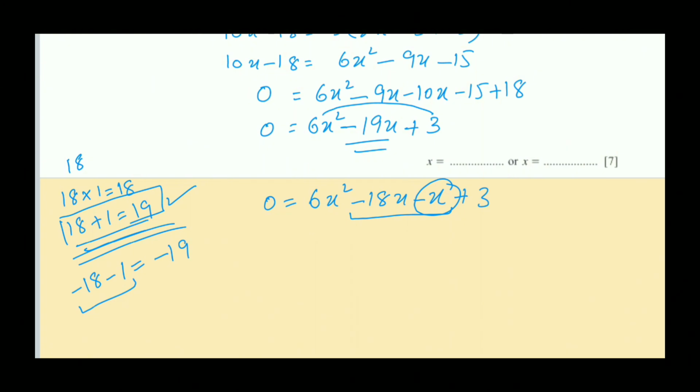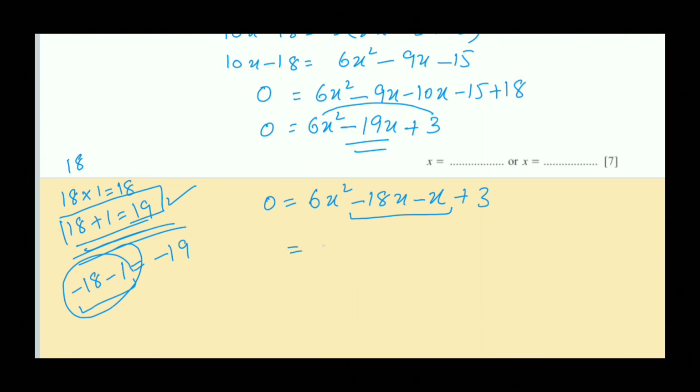We will not write 1 with x. So x will be placed with both values because this is the middle term, and with the middle term the variable is x. So the same variable will be written with both factors. So this is the first step of middle term breaking.